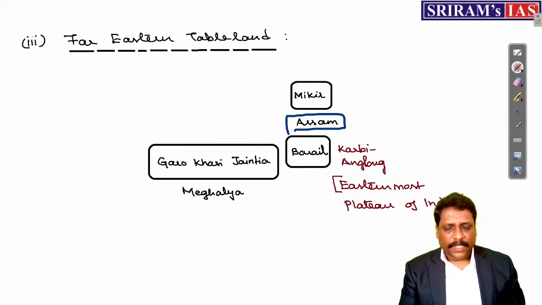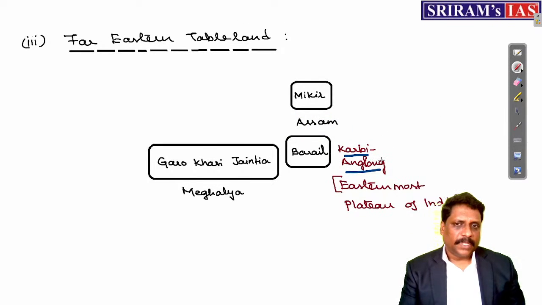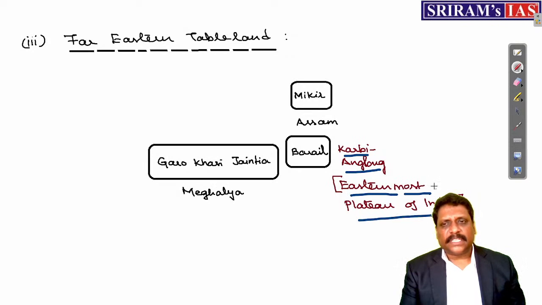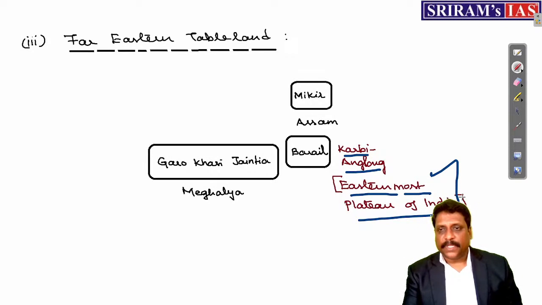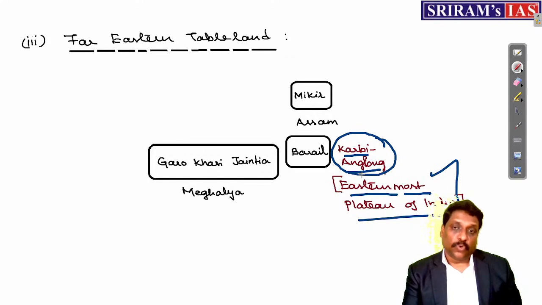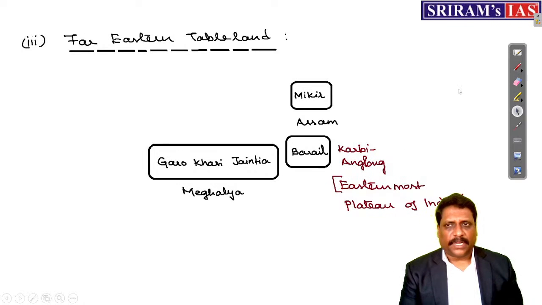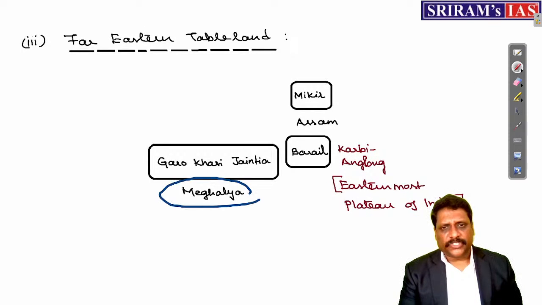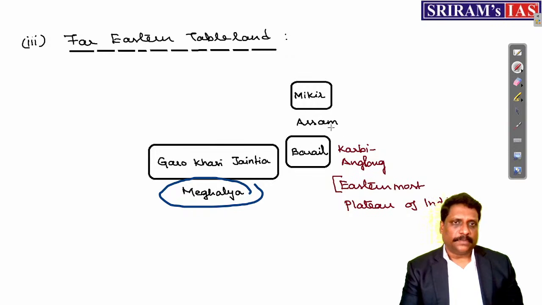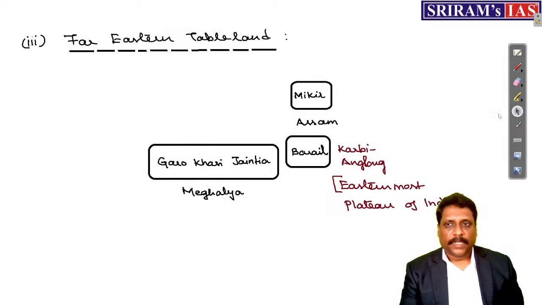Whereas when I talk about Assam, you have mountains like Mikir and Beryl. This Beryl range, my dear friends, sometimes you also call them as what? Karbi Anglong Plateau. And this Karbi Anglong Plateau is regarded as the easternmost plateau of India, my dear friends. Easternmost plateau of India, Karbi Anglong, right? So if you ask me which is the easternmost plateau, I'll say it is Karbi Anglong. Okay. Easternmost and westernmost, all this we'll be talking about. Far Eastern Tableland, Assam and Meghalaya. Entire Meghalaya is a shield and part of Assam is also a shield. That is Azoic Plateau. Right, my dear friends.